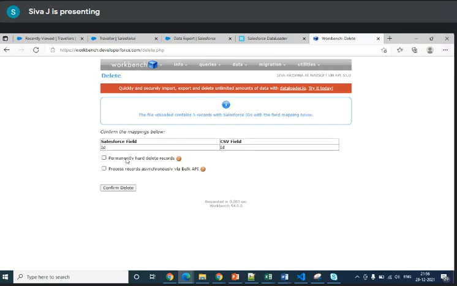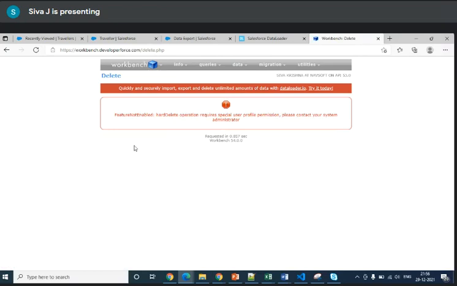Click that, and you choose whether to delete permanently or just delete it. Ideally, I will suggest doing delete only, not permanent. Ideally, once the record is deleted, what will happen? It will be stored for 15 days in the recycle bin. After 15 days, it will automatically be deleted from the recycle bin. If you select this one, it will be deleted completely, even from the recycle bin. That is called hard delete. Confirm and delete, it will be deleted.